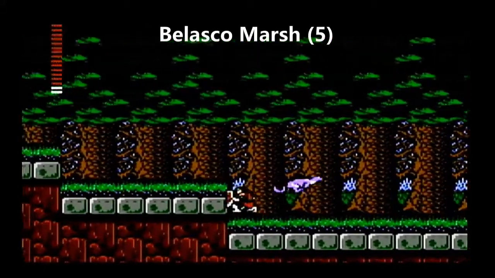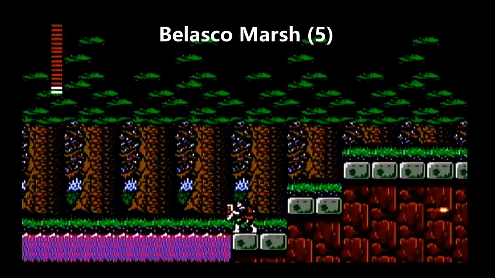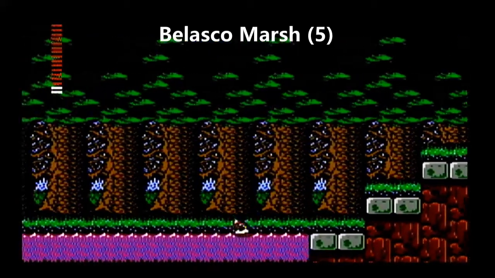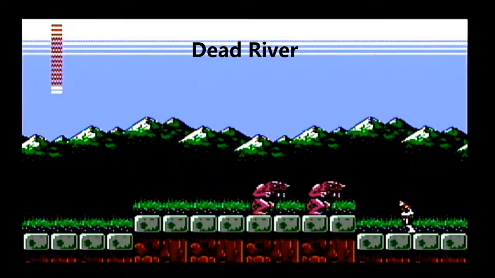Tiger Mouse's Quest. So we're back here at the beginning, back there at the town of Jova where we started off, but now that we have the laurels, we can use them to cross the Belasco Marsh here. So we just select them, use them as an item, and we get through that poisonous swamp without taking any